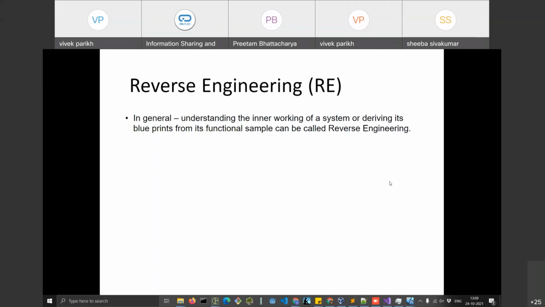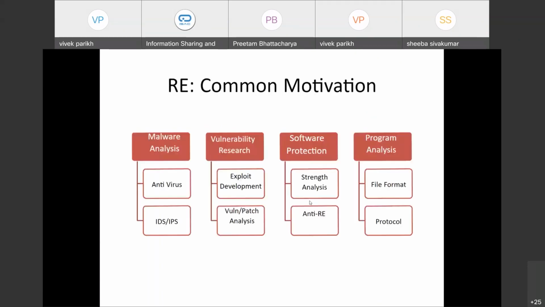So it's basically getting an inner view and inner details. It could be software reverse engineering, or it could be hardware reverse engineering. Okay, so getting the blueprint. But what we are concerned with in malware analysis generally is software reverse engineering. Yeah, exactly. It's figuring out the recipe from code. That's correct. So what's the motivation for reverse engineering?